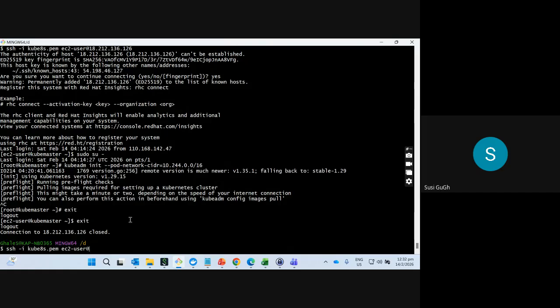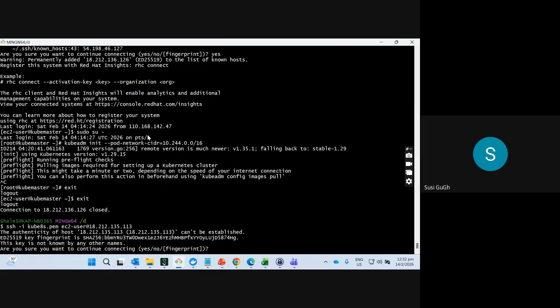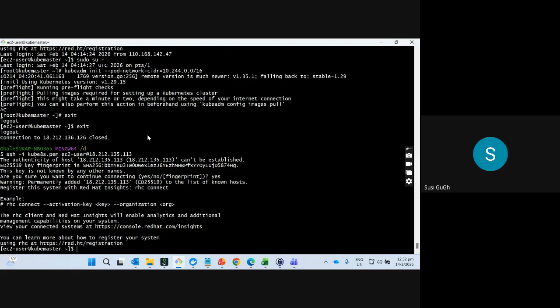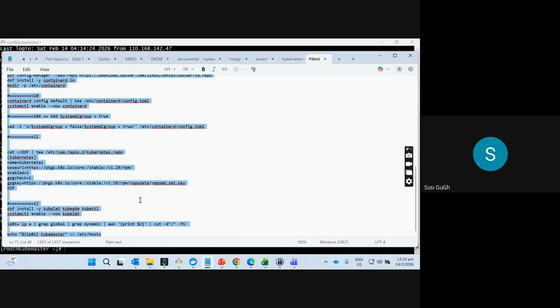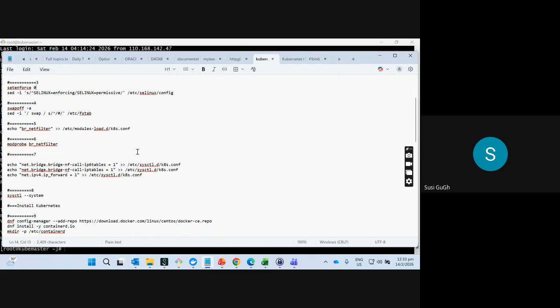Okay. As EC2 user, connect. Use your PEM file to connect. And then switch to root. Sudo su dash. Okay. So after that, what we need to do, wait, yeah. So after that,